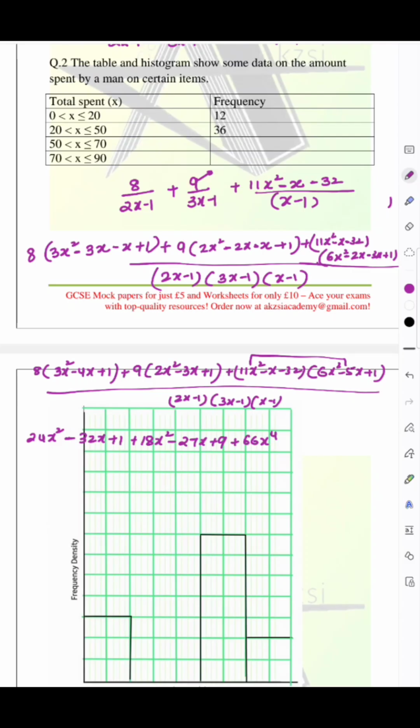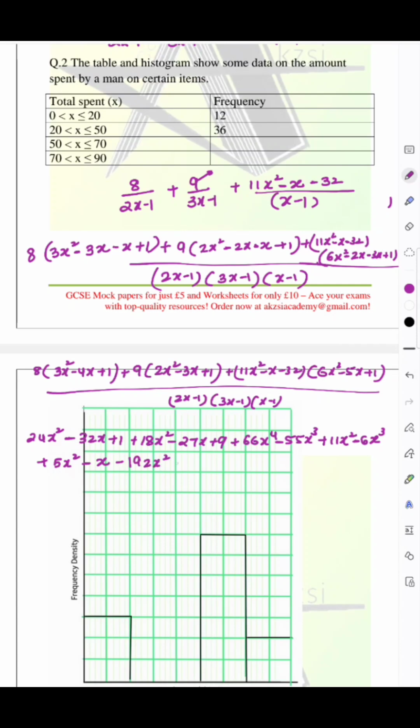Then 11x squared times minus 5x will give me minus 55x cubed plus 11x squared, because 11x squared is multiplied by 1. Then minus x times 6x squared, so minus 6x cubed. Then minus x times minus 5 is plus 5x squared minus x. Then minus 32 into 6x squared, which will give me minus 192. So plus 1 minus 192 basically,